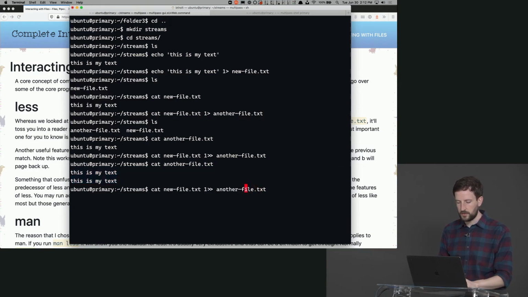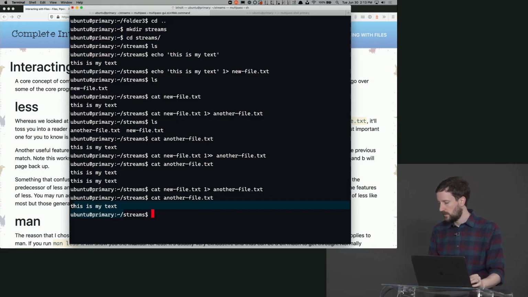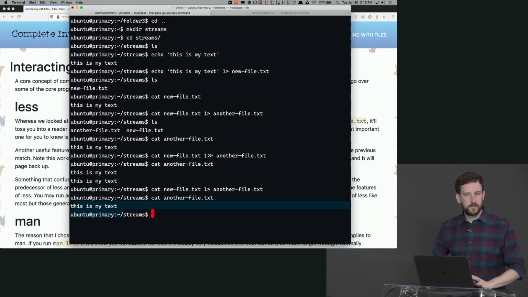Whereas if I did it with just one of these, it's just once now, because what I actually did is I said, throw everything out you had before, replace it with new stuff. So 2 of them adds and 1 of them replaces. Okay, so that is standard out.